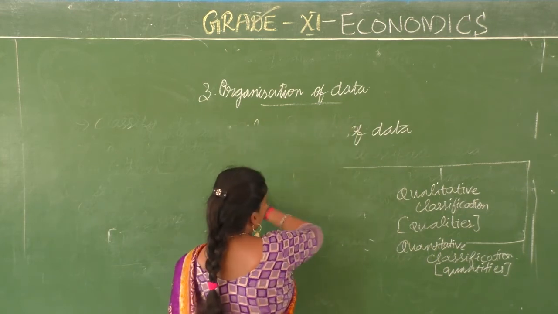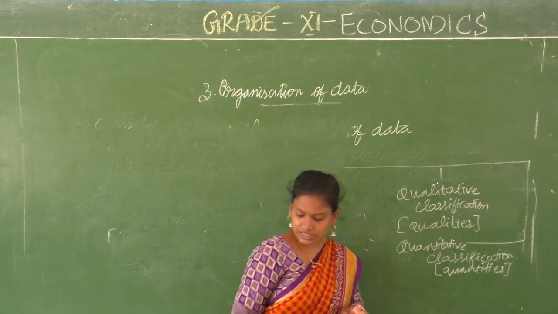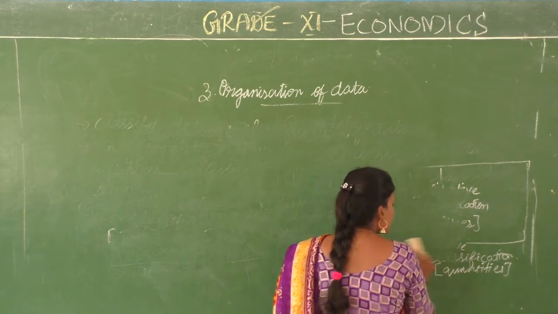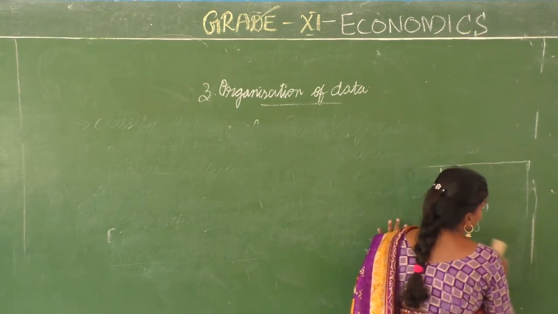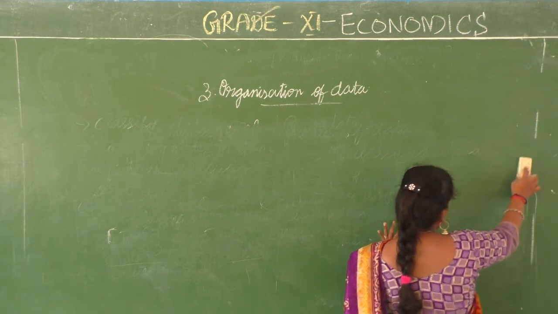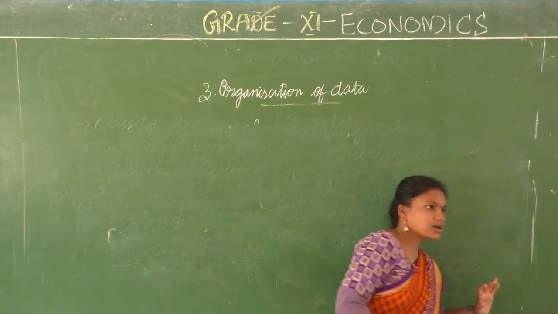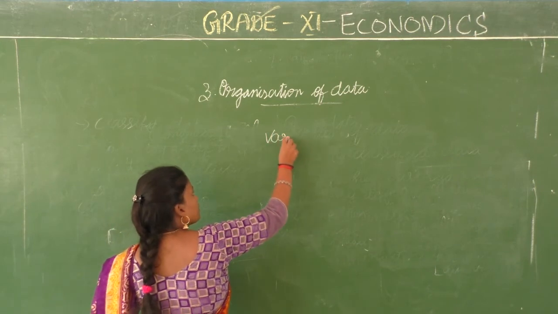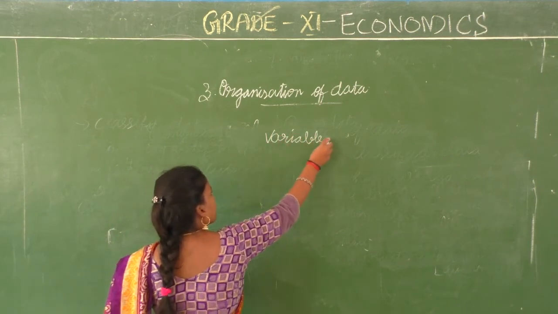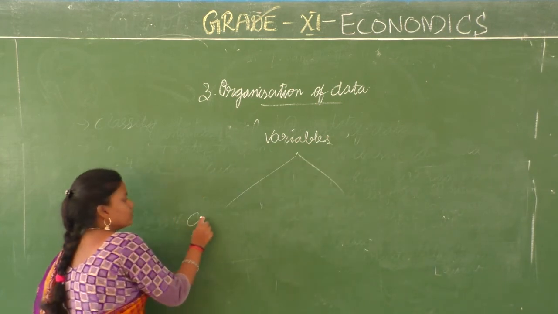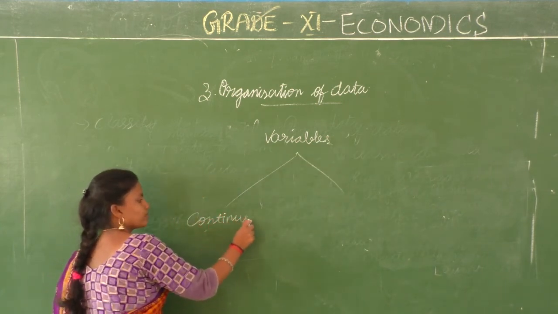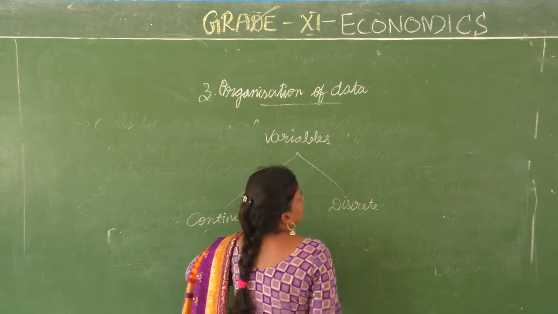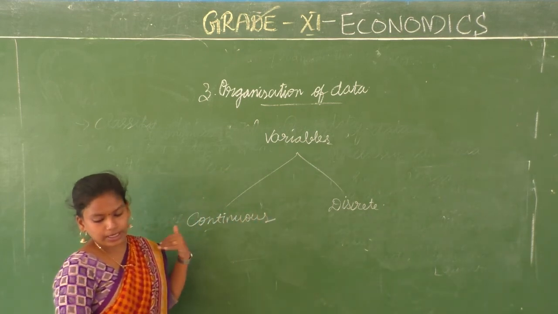What is the next thing that we are going to discuss? We are going to discuss variables. We said that variables means it varies, and based on each variable we will find the data. Now when we talk about variables, there are actually two kinds of variables. One is called continuous variables, and another one is called discrete variables. What are those? We talk about variables. These are of two kinds. One is continuous, another one is discrete.